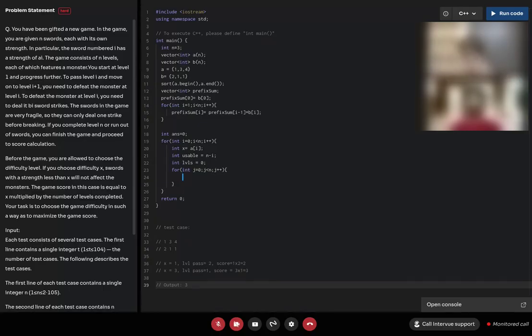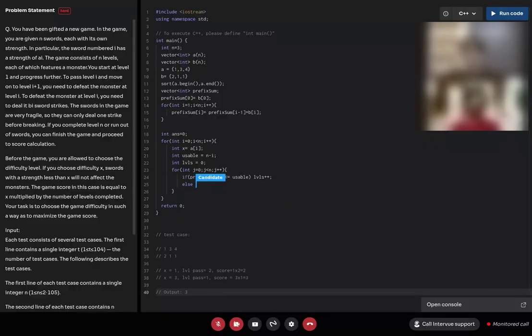If the sum till level j was less than the swords which we can use, we'll increase the level because we can pass that level, or else we have to break because after that we can't pass any level.